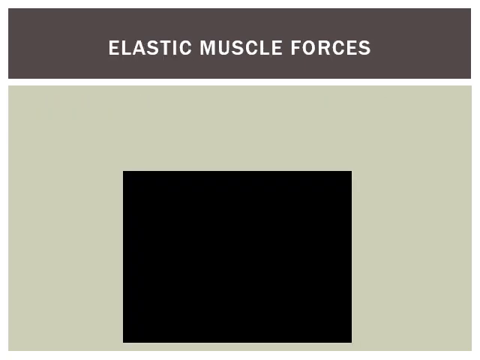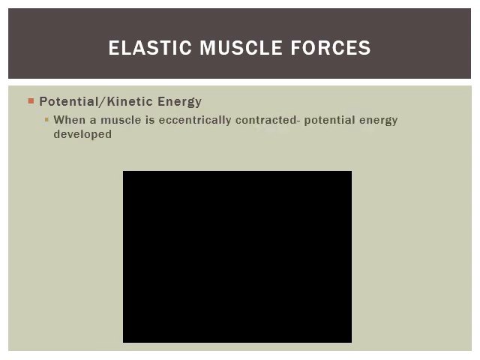So we kind of look at elastic muscle forces. There's potential and kinetic energy. We're going to talk about the difference between them. When a muscle is eccentrically contracting, you're creating potential energy, okay? So think lowering into a jump. As you lower into a jump, you're going to create some potential energy, and then concentric contraction is going to occur before it's lost. So if you watch this video here,